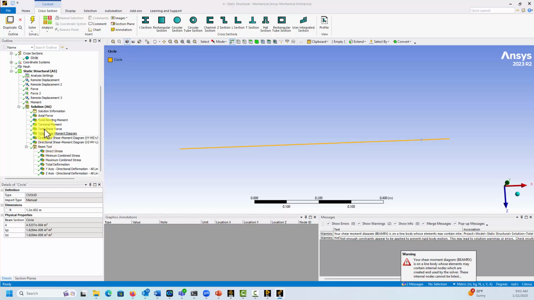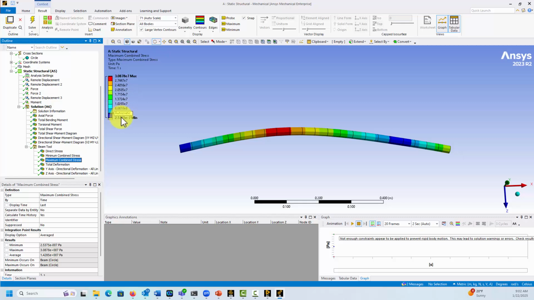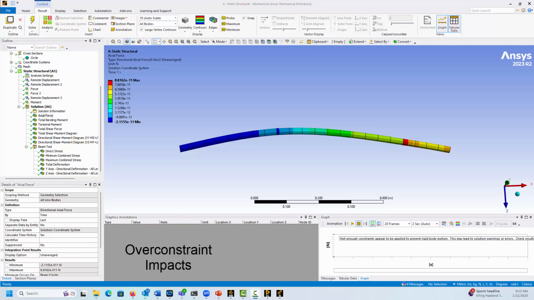So I've actually combined stresses. You can see that the stresses go down. It was around 52 megapascals before, and it went down to 31. All right, let's take a quick look at what happens if we were to over-constrain our bearing mounts and fix